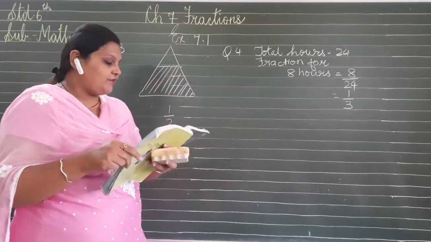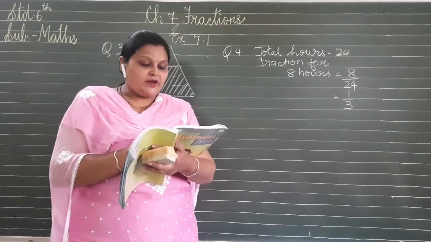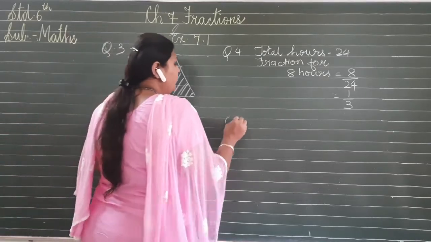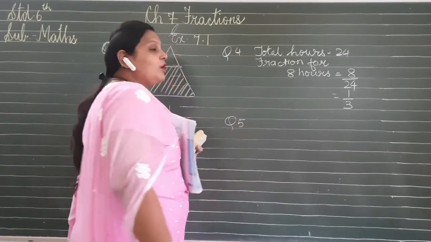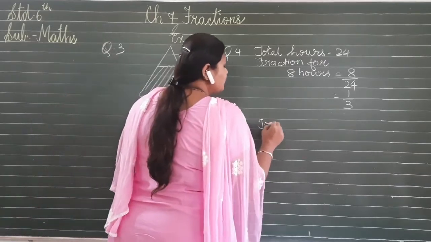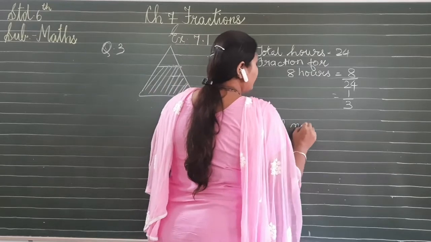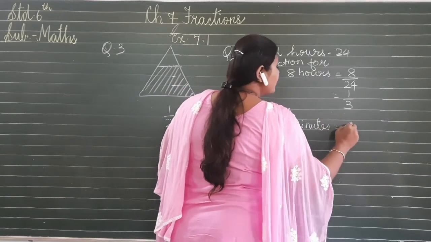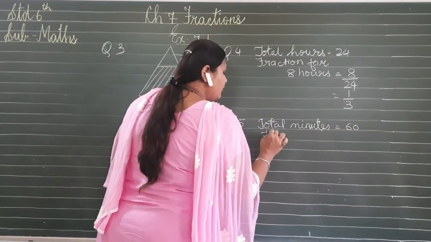Question number 5. What fraction of an hour is 40 minutes? Now we have to find out for minutes. We all know we are having total 60 minutes. So first we will note down total minutes is equal to 60. We have to find out